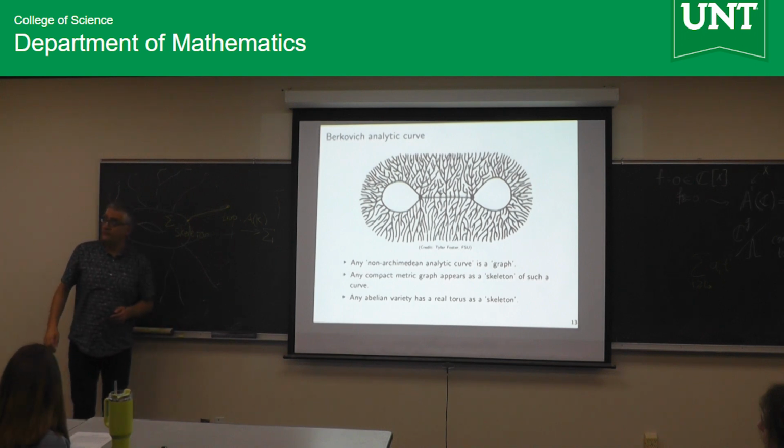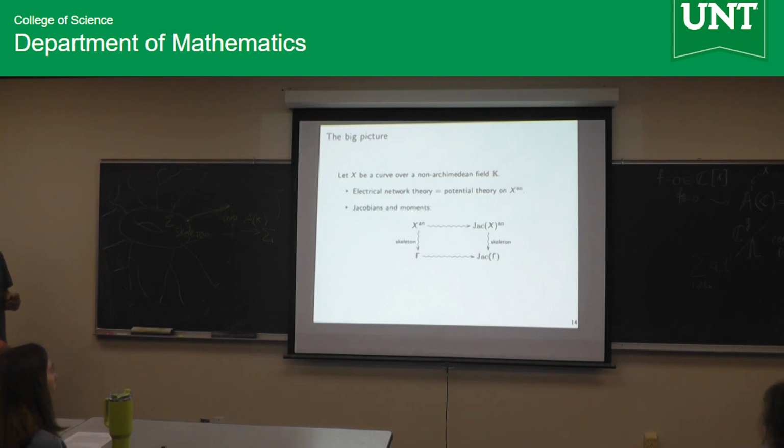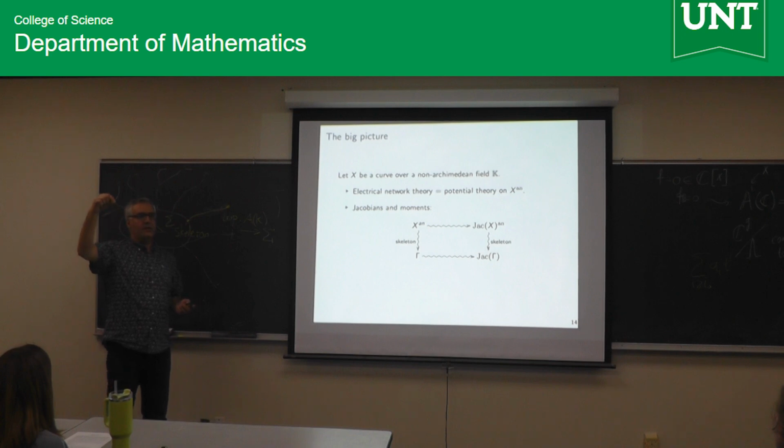Okay, 5 minutes. Let me just say very quickly, in hindsight, my electrical network problem that I was trying to solve turns out to be not interesting at all on trees, on that contractible hairy part. It's trivial. If I put a battery on one side of the hair, the current is going to come directly to the graph. There's no branching that it can take. So I was focusing on that core of the Berkovich space, and I was really doing, in hindsight, potential theory on Riemann surfaces, non-Archimedean Riemann surfaces.